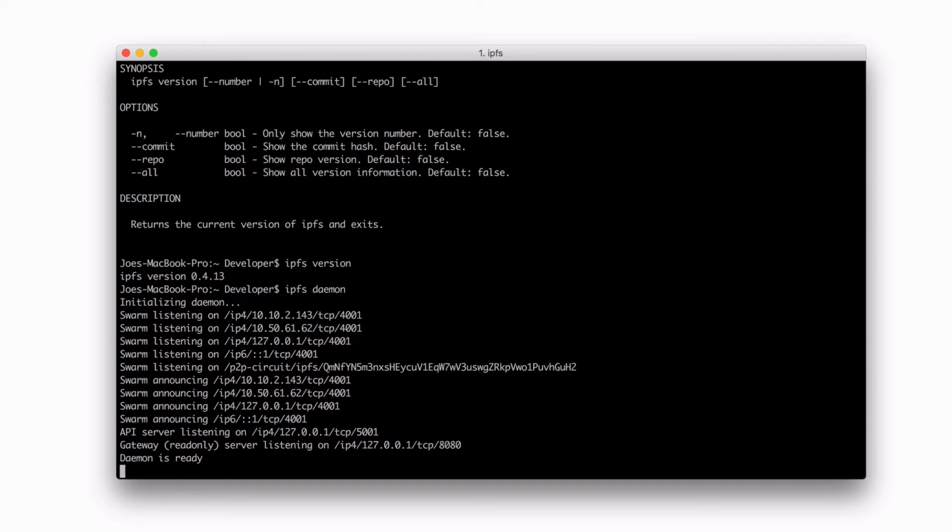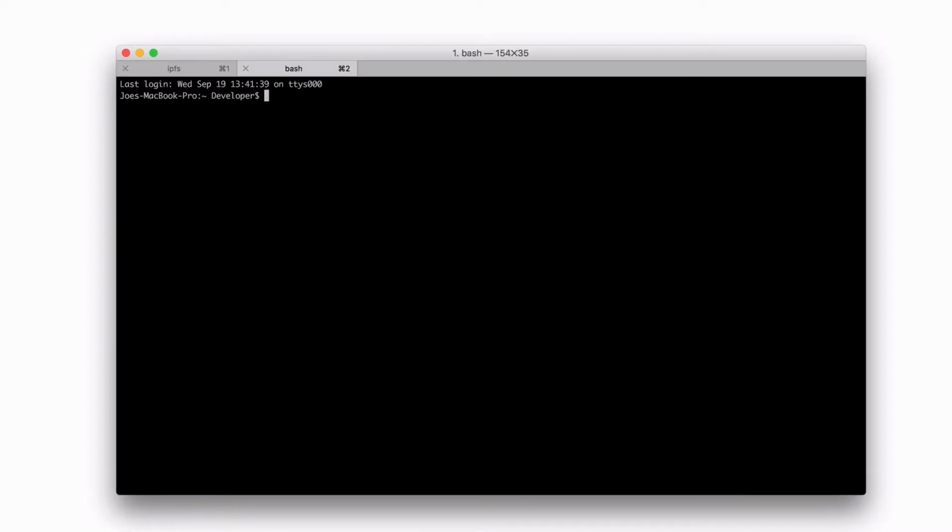You should see a bunch of information come up giving you details about the different addresses you're connected to. Once this daemon is running, you'll need to open a new tab and leave that one running in the background. I'll do that by hitting Command T. That's all there really is to getting onto the network, but there's a few simple commands that are helpful to